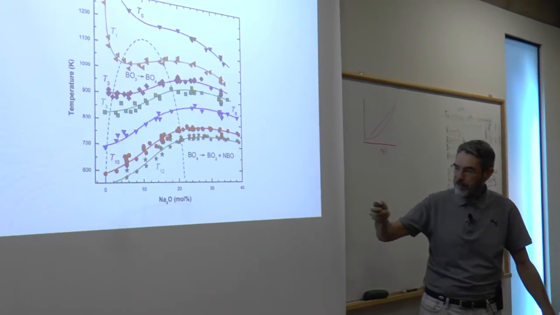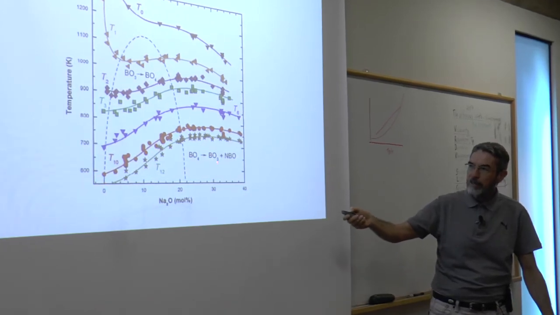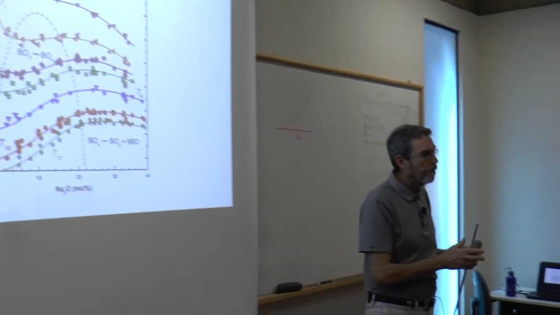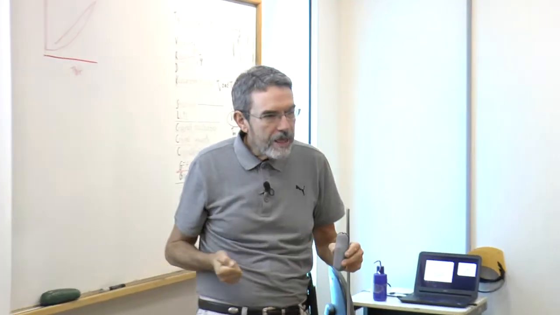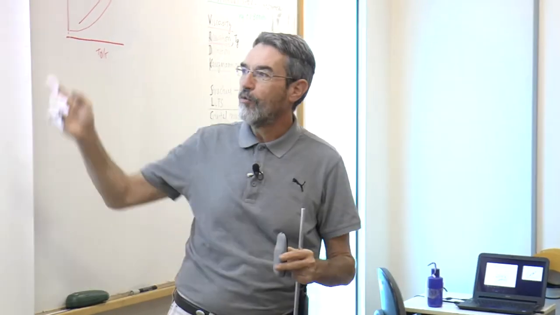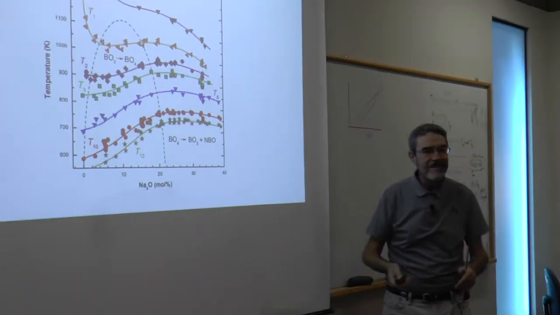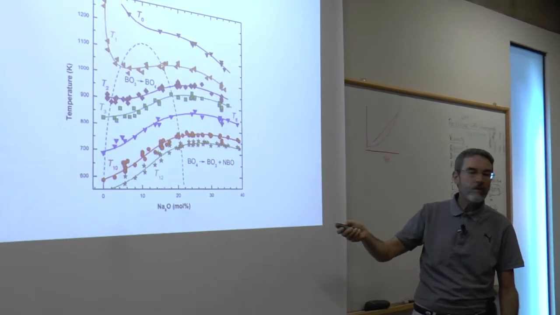Well, it's the opposite. The pure boron oxide has a coordination of 3. It's BO3, a boron atom surrounded by 3 oxygens. When we add sodium, it changes to 4, and then the viscosity increases. This is well known